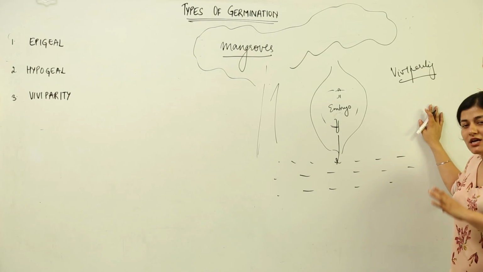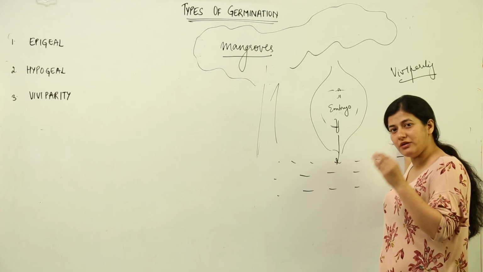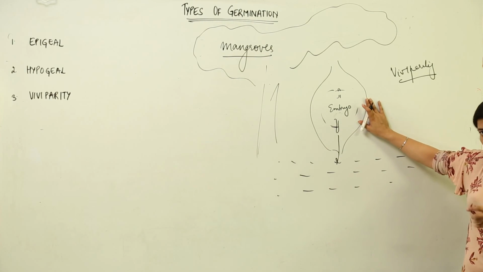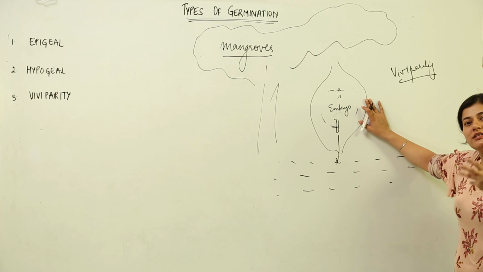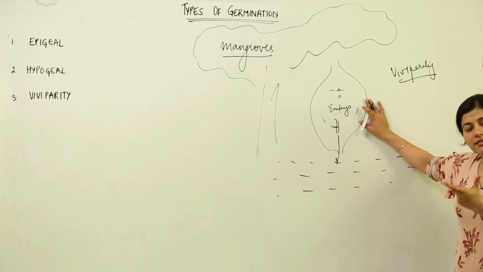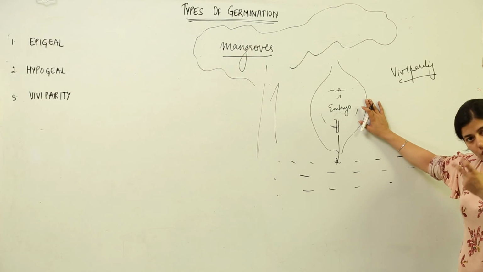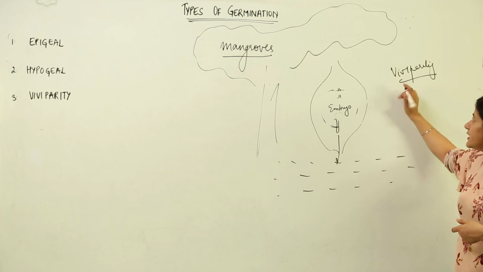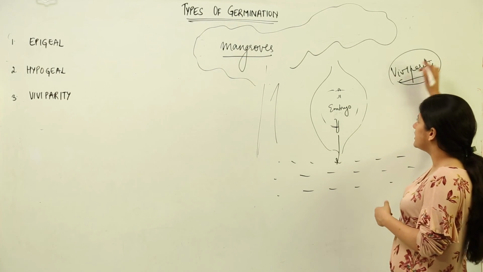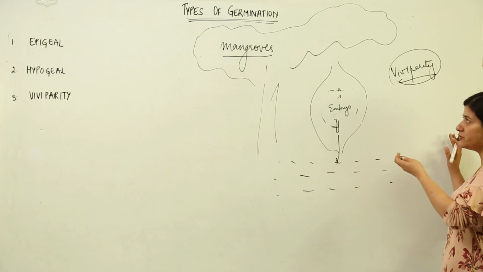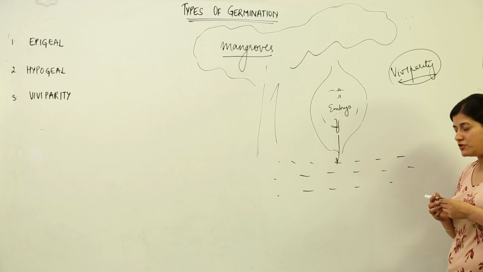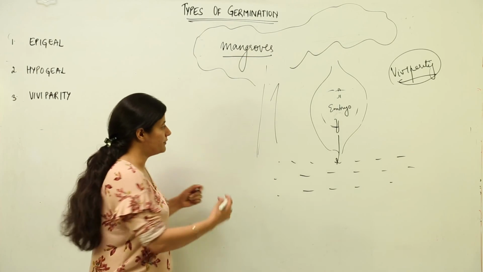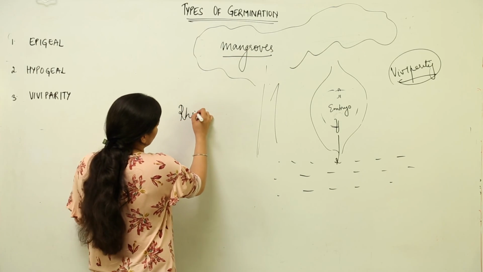I am going to repeat it. The germination of the plant or germination of the embryo or germination of the seed, that takes place within the fruit only. How it takes place? That the embryo starts developing inside the seed, it breaks the seed coat, the plantlet that is to grow, it comes out from the fruit and it falls down and grows into a new plant. So this condition is known as viviparity. The most common example of plants which show viviparity are the mangroves. You can quote the example of Rhizophora, Sonoracea. I'll mention them so that you remember.